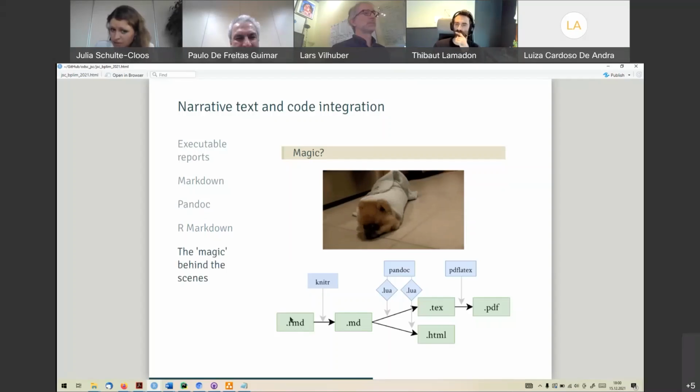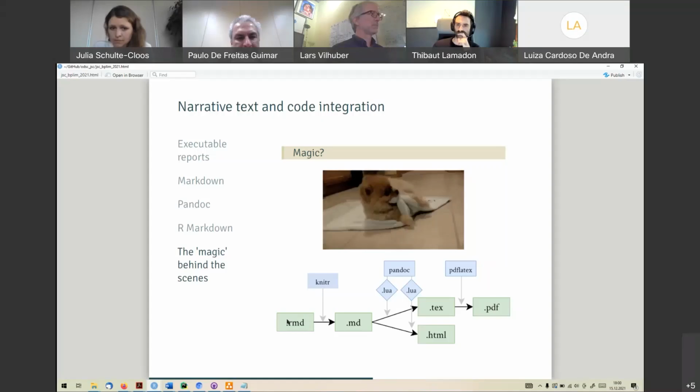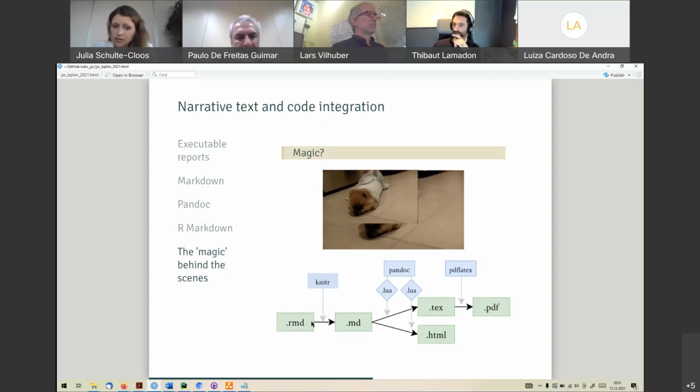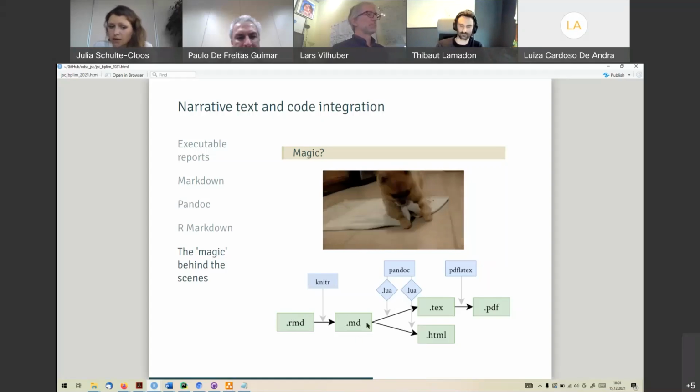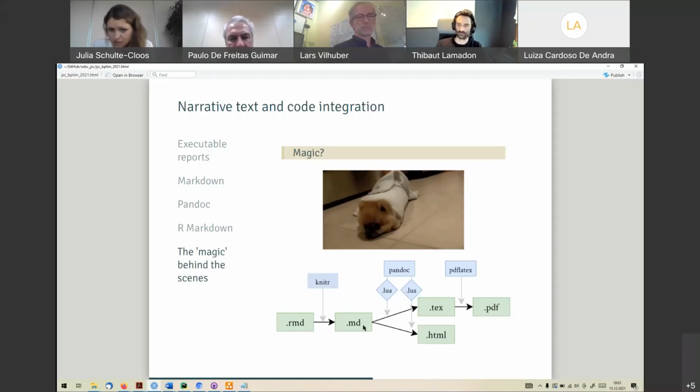We start with this R Markdown document that I've already mentioned, where we integrate our code and our text. We write the text in simple markdown, and we add the code in code chunks. That is the first step, where knitr comes in, and knitr transforms this to a simple markdown document. And here Pandoc is the actual workhorse, and the framework behind it,